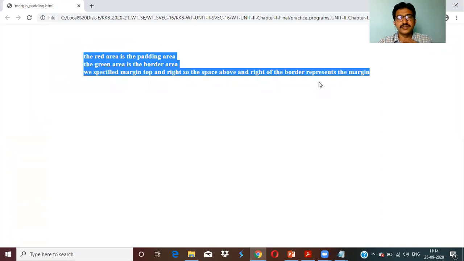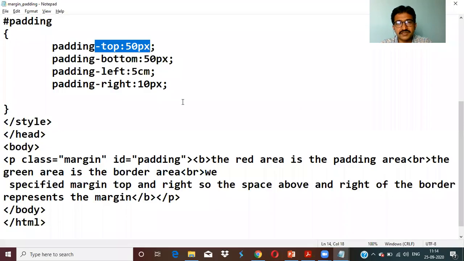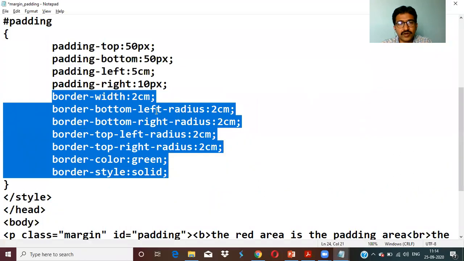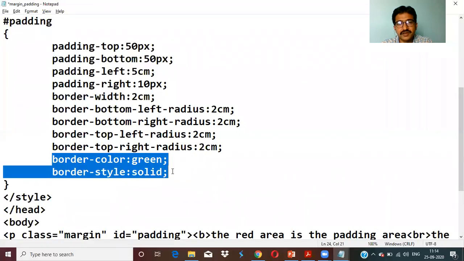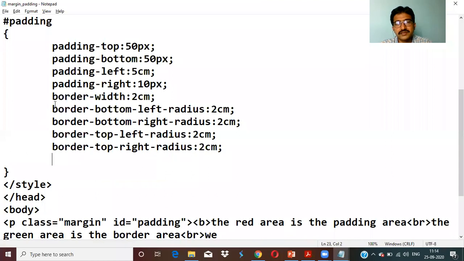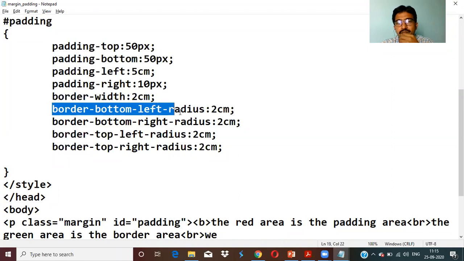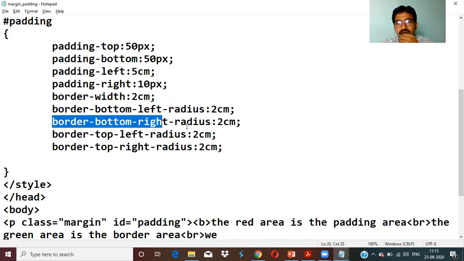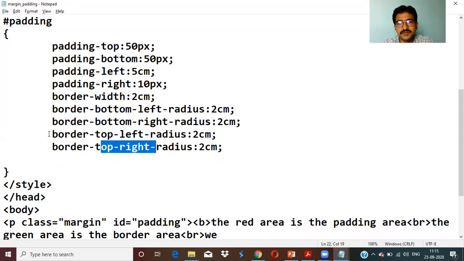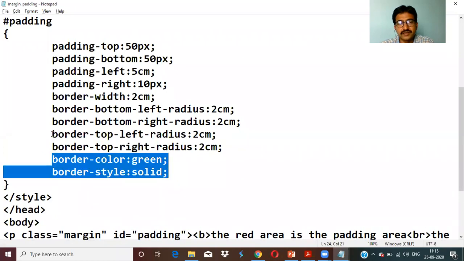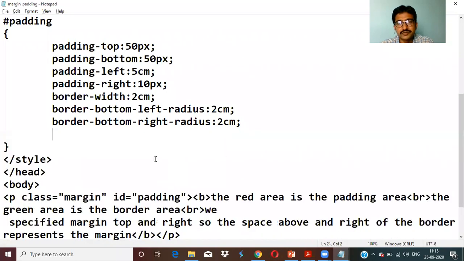That's why we'll make some borders for this so that you can understand clearly what is happening inside. Now what I'm doing here is border top, border left. I'll just remove this as well. Now I'm using the border width as 2 centimeters, and border top left radius is 2, and bottom right radius is 2 centimeters, and top left is this one and top right is this much. Or else we'll do another. We'll first make sure left and right.